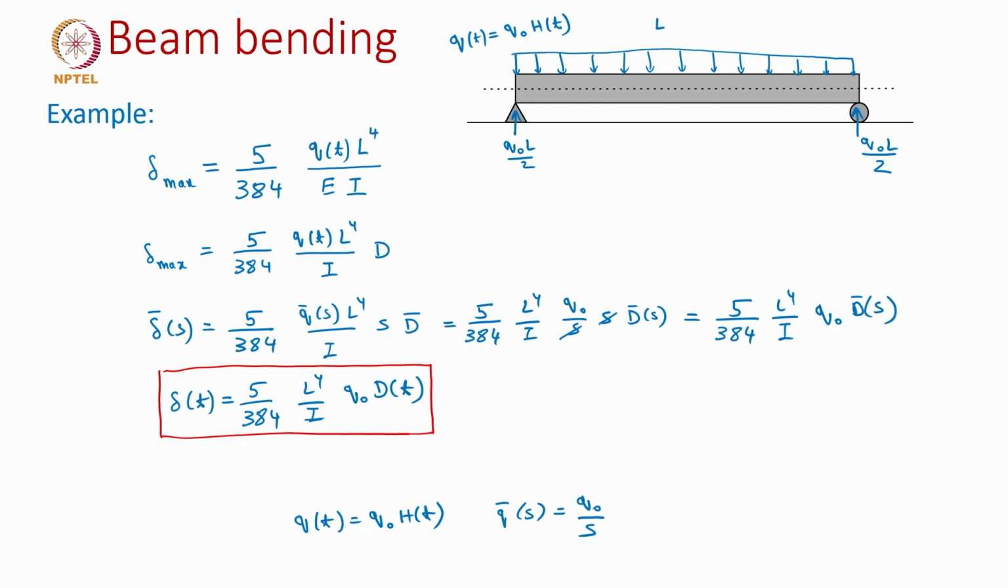So, now it depends on what mechanical model we choose. Let us say we choose the Maxwell model to start with. We have already shown that the compliance D of t is given as t by mu, the viscosity, plus 1 by E. So, once I substitute this into the deflection formula, we should get delta of t as